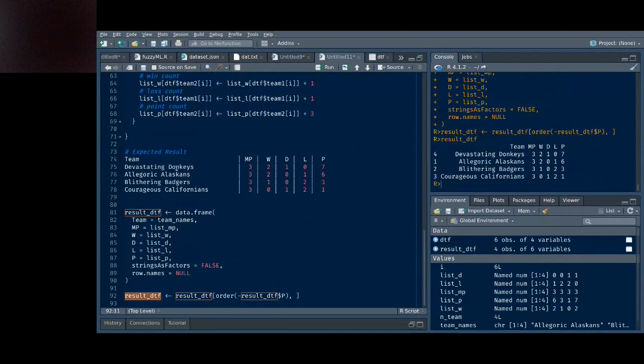We have Devastating Twin Trees, Allegoric Alaskans, Blithering Badgers, Courageous Californians. MP is 3333. Win is 2 2. Draw is 1001 1001, losses 122 122, and finally the points are 7631, right? So I think yeah, here we have it,